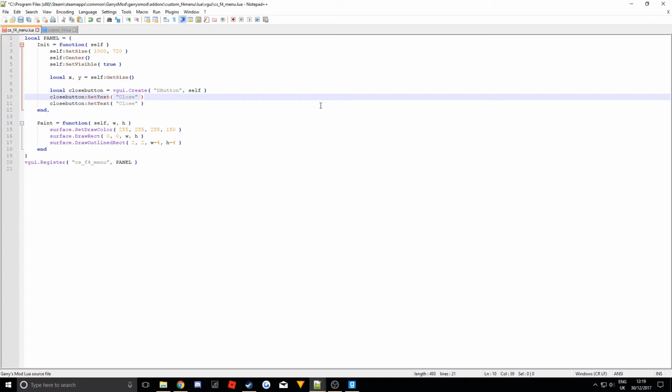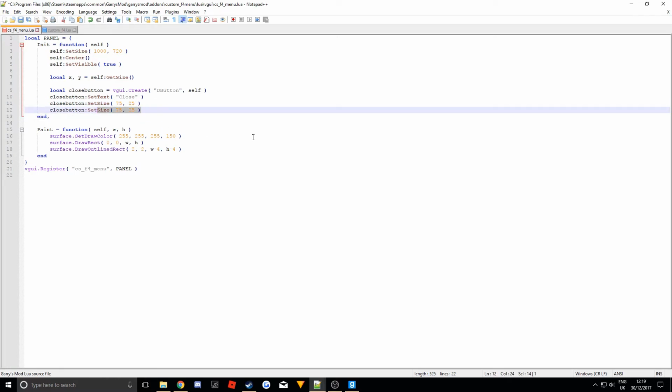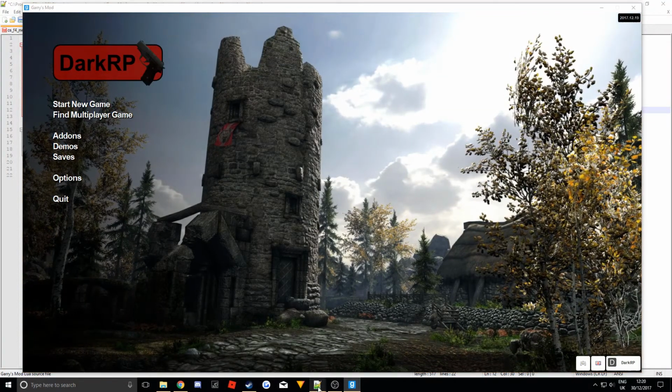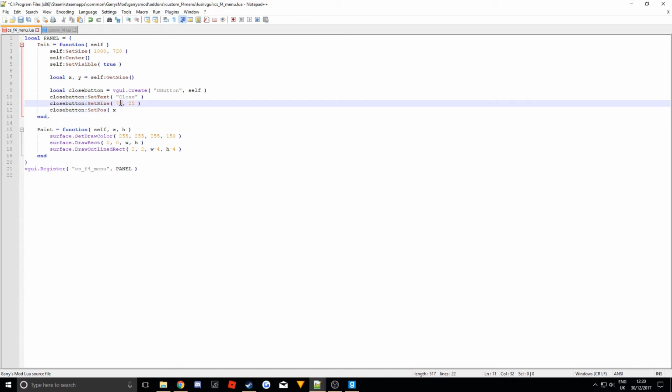Okay, now I've got a close, now it says close. I can set the size, let's say 75 by 25, and then remember press Ctrl D to duplicate the line, and then we can set the pos to X, and then if we took 75, that would mean it would be 75 spaces away from the edge, so the end of the button will be touching the edge of the panel,